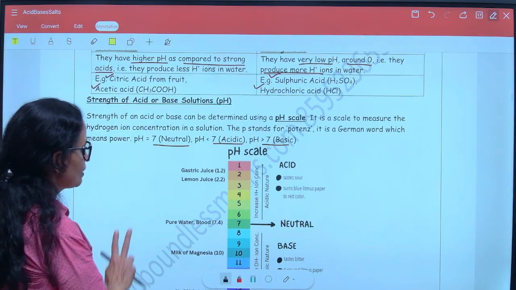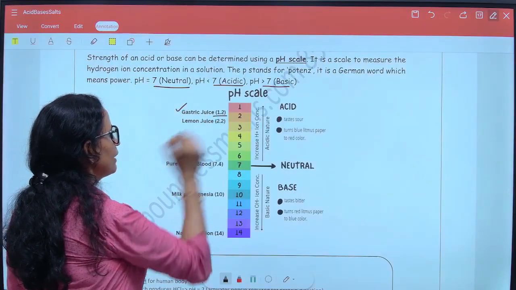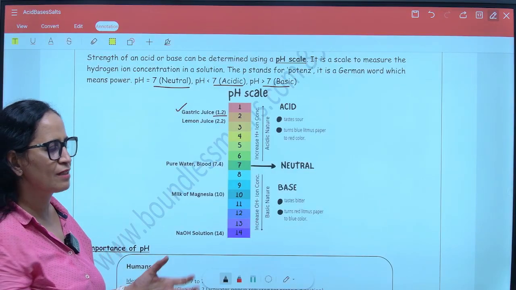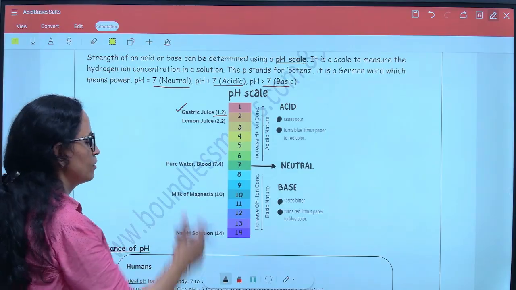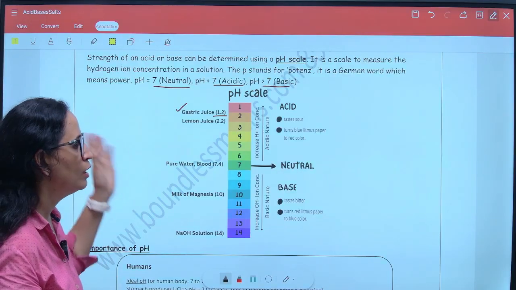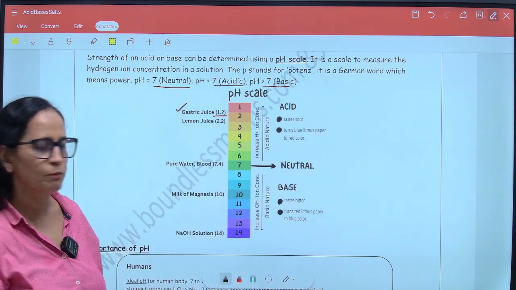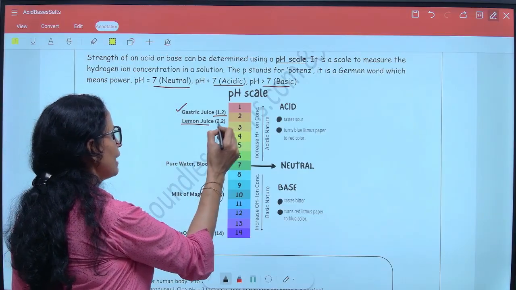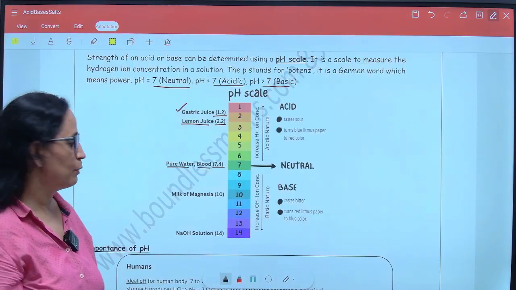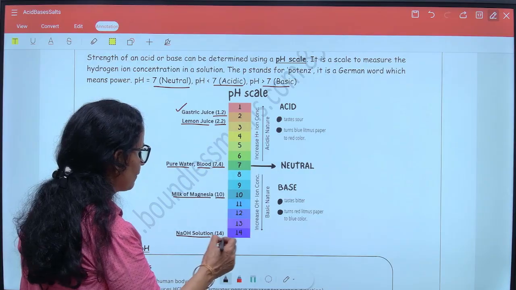pH more than 7. Now if you look at this pH scale, gastric juice has a pH of 1.2. Why? Because gastric juice releases hydrochloric acid that makes the medium of the stomach acidic. This you have already covered in life processes, so you can watch the video on life processes for details on how the stomach works. This pH is needed for pepsin to break down proteins. Next, lemon juice has a pH of 2.2. Pure water or blood has a pH of 7.4. Milk of magnesia has a pH of 10 and NaOH solution is a very strong base having a pH of